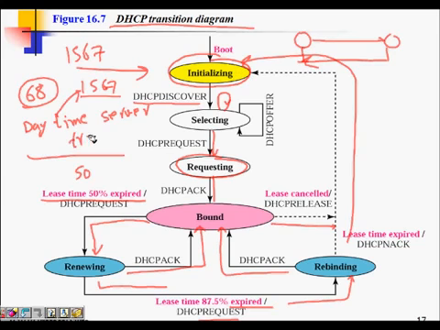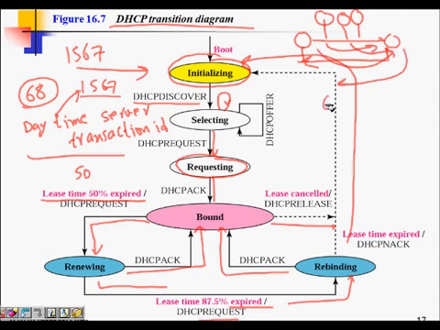That's why there is a transaction ID. Let's say 3 machines all send a DHCP request to the server, but when the broadcast reply comes to port 68, the transaction ID will be different for each of them. So that's how they will find their IP addresses. So I hope you understand this DHCP. Thanks.